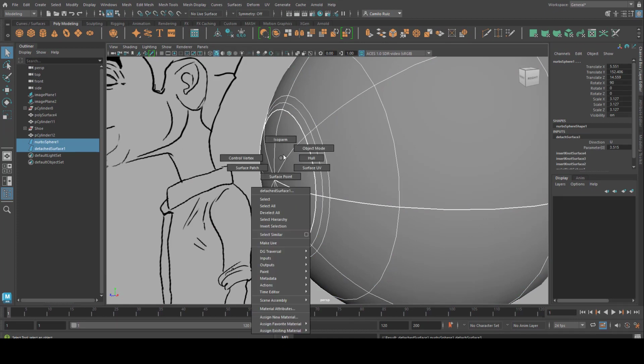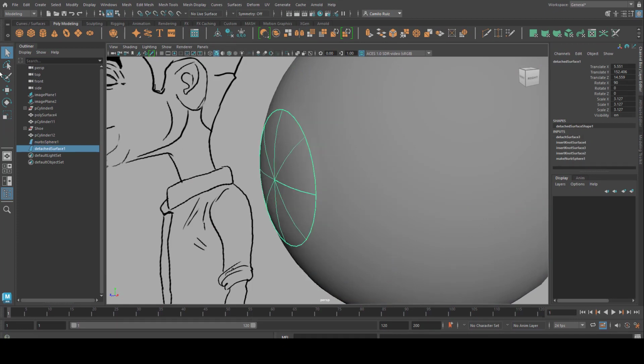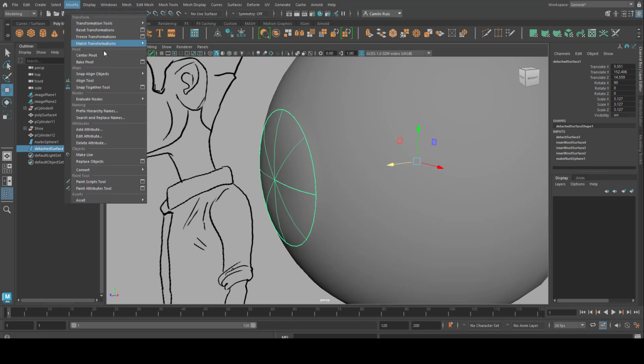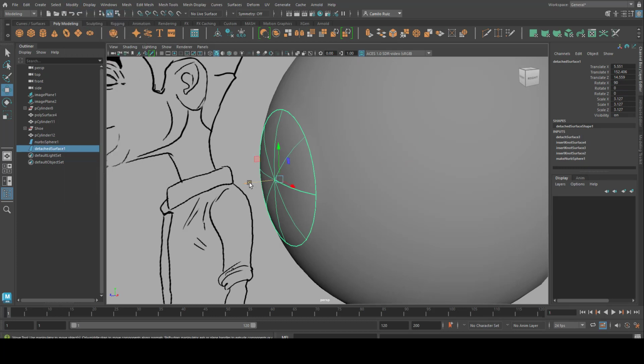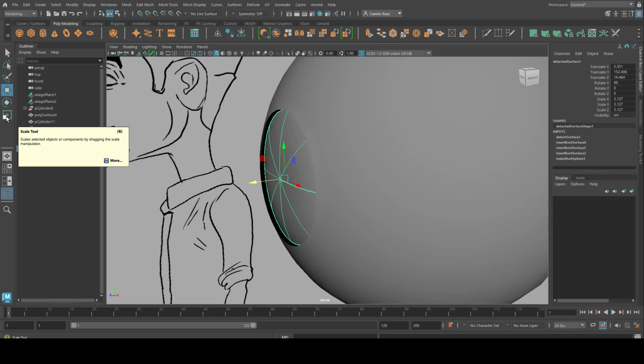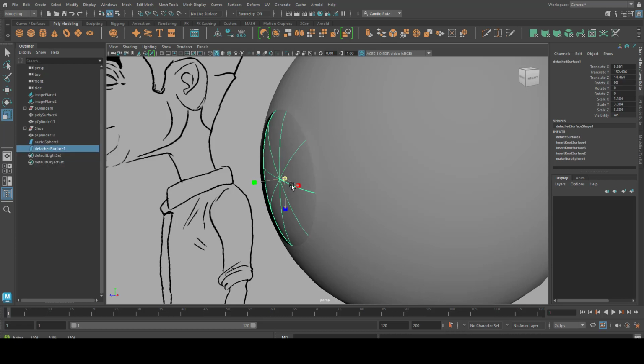Now, with the isoparm selected, go into Curves, Detach, Center Pivot, push it a little back, scale that up slightly, then push it inwards,